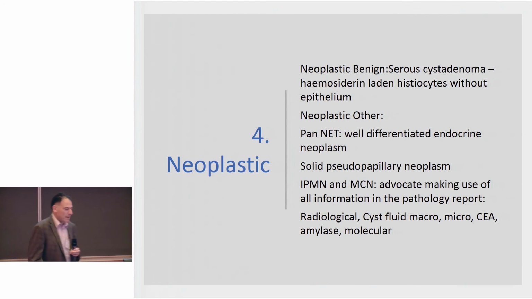The neoplastic category includes all your cystic lesions, serous cystadenomas, and nowadays, if one has a clot or some sort of tissue, it is much easier than it used to be to make a diagnosis of a serous cystadenoma, because the cells themselves are fairly nondescript, but the immunohistochemistry with inhibin is so specific and sensitive that even with very limited material, one can make a fairly good diagnosis of a serous cystadenoma nowadays.